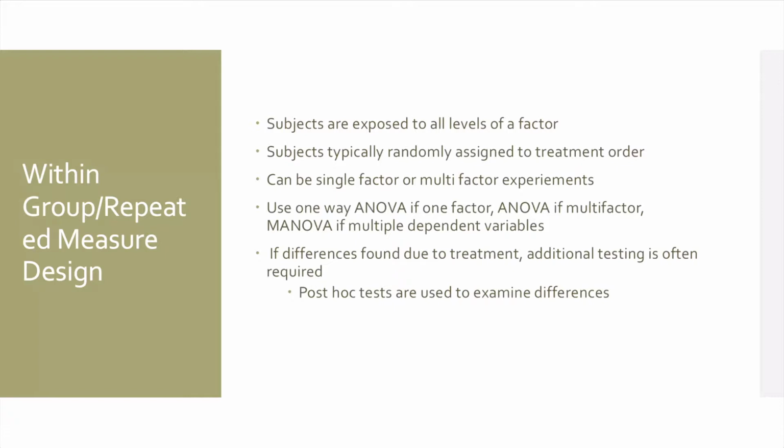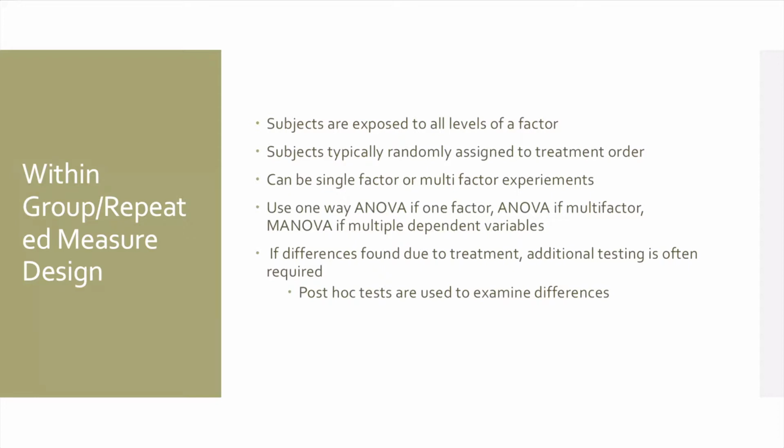So if I have 30 subjects in this study, some of them would do this treatment first, some would do that treatment first, and so on, so that they're randomly exposed to the order of the different factors. That helps to minimize the risk of a learning effect. This single factor